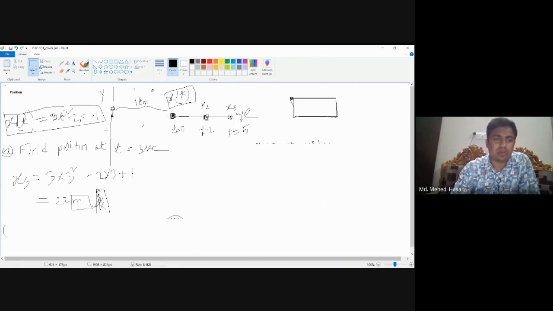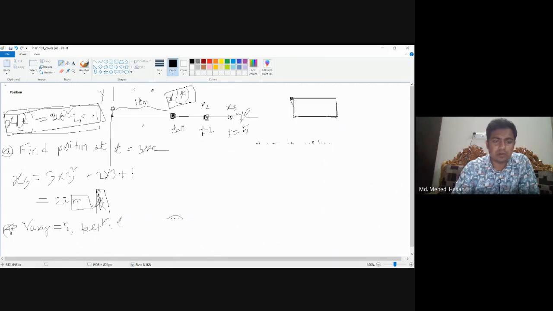Now let's solve a problem related to this topic. So this equation describes the motion of an object. Then the question is: find the average velocity, or rather find the velocity between the time interval